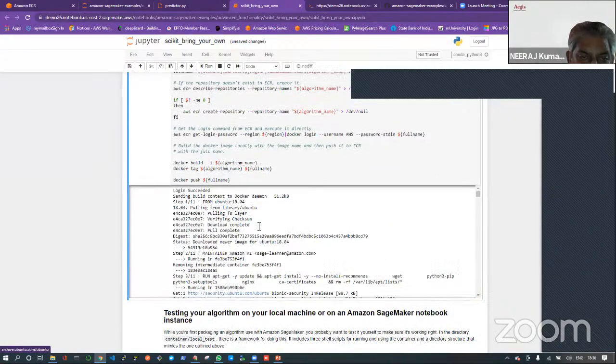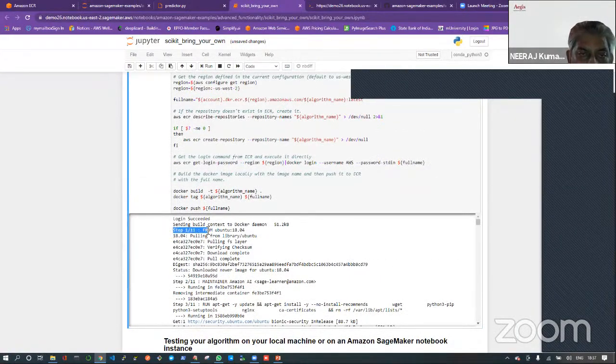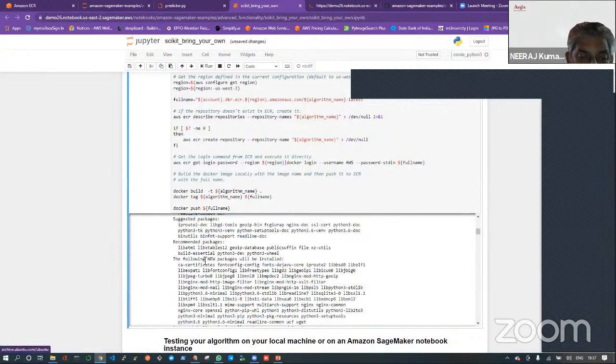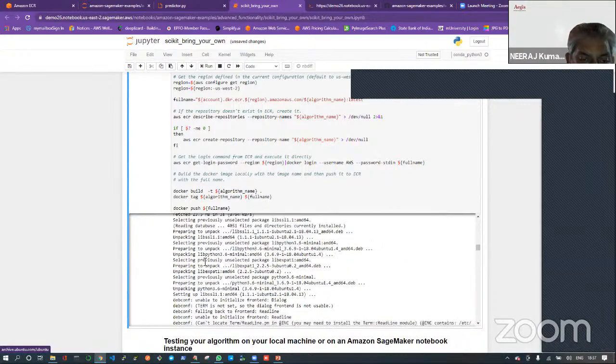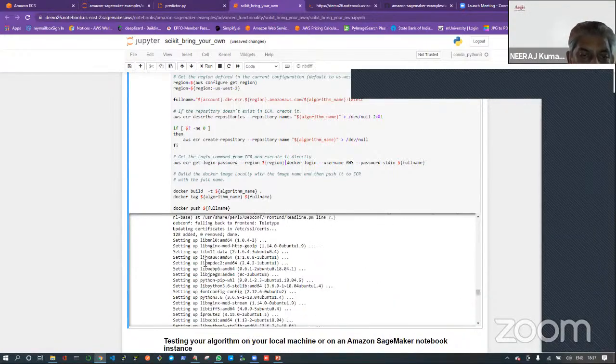If you can see, starting step 1 of 11. In my Docker file, I have given 11 steps. So it will use that and start executing all the steps mentioned in the Docker file, step 1 of 11. At the end, you can see that it completes all the steps for creating my image.